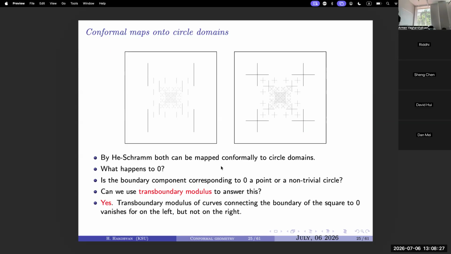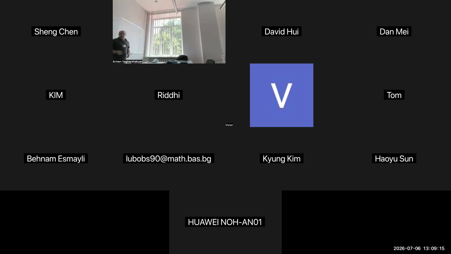Okay. So it's not very easy to do this computation, but one of the things you can do is, if you look at the square here, the modulus of curves going from right to left is actually going to be 0, but in the other direction, there are lots of curves going, which is positive. In this other case, the modulus in both directions is 0, but if you look now at transboundary modulus, it's very symmetric, so they both are equal to each other, right? And non-zero, that's important. So if the transboundary